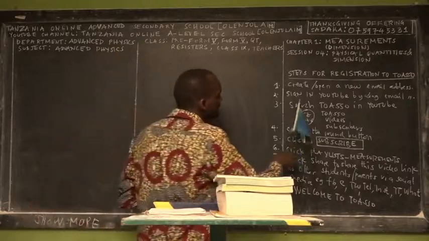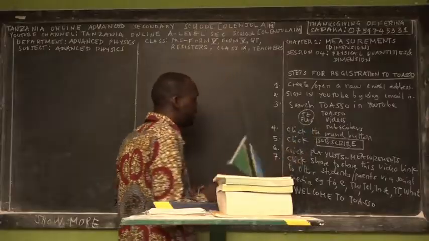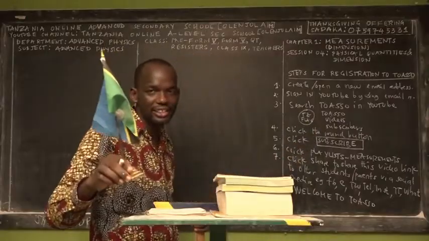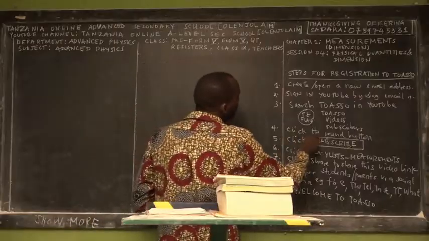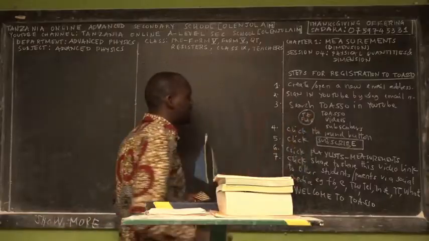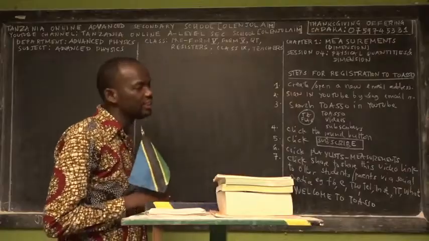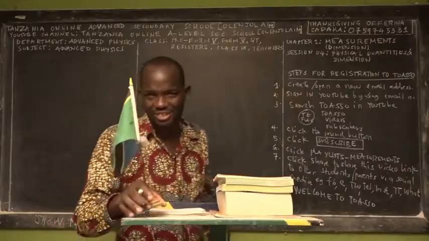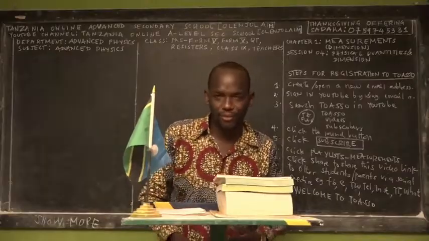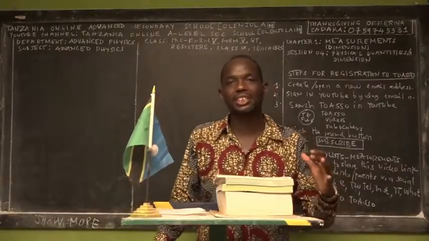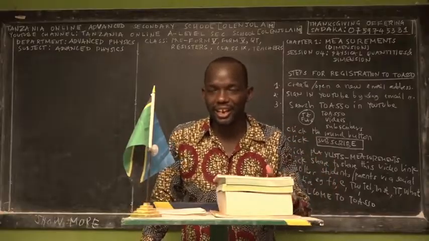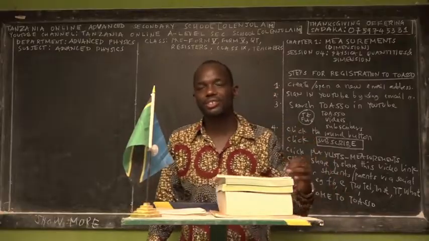So then this is, I will say, a round button with our national flag. I am a Tanzanian, and this is our national flag once again. So we ask you to click the round button. So click this round button only once. Once you click, you are already in TOASO. You are already in a front view, or what we call our welcome poster, which is called a trailer, a video trailer, your welcome poster of TOASO.